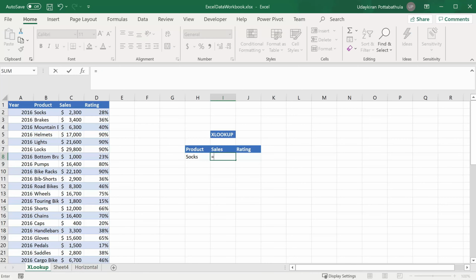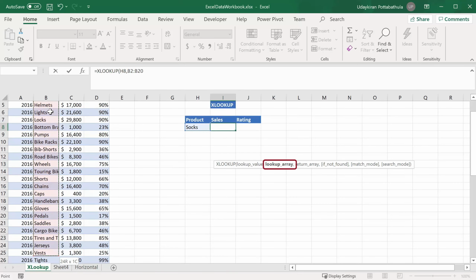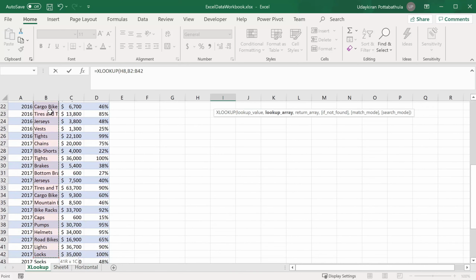Type equal to, type XLookup, hit tab. So if you see here, the first argument is the lookup value, that means the one for which we are going to find sales. So here, socks. Select that cell, comma, and the second argument is a lookup array. Lookup array is nothing but the list of products where socks exist. So in this case, column B has all the product names. Simply select the list of values as array